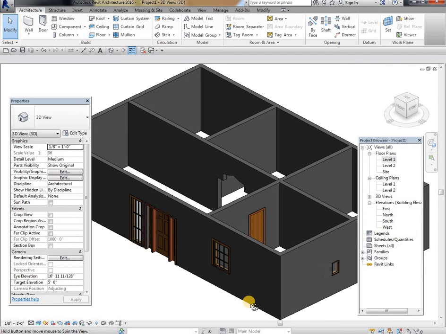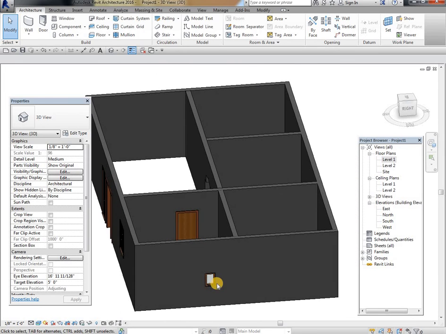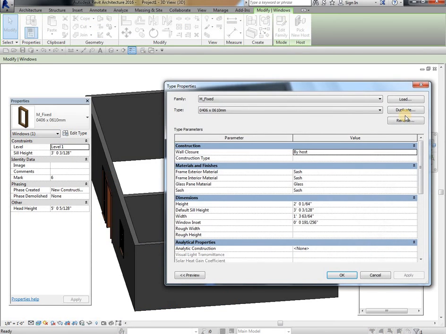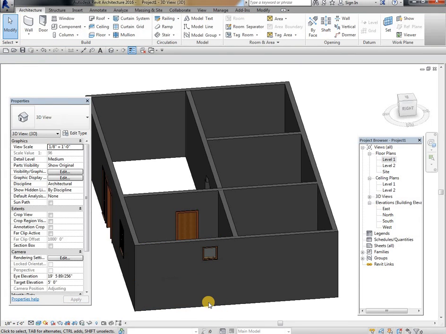I think now you know how to edit the windows and doors. For example, here is one window. I need to convert this into a ventilator. For that, same procedure: edit, duplicate, then okay. Height is 2 feet and the width also 2 feet. Okay, and then the sill height is 7 feet. Apply. So this is the ventilator.